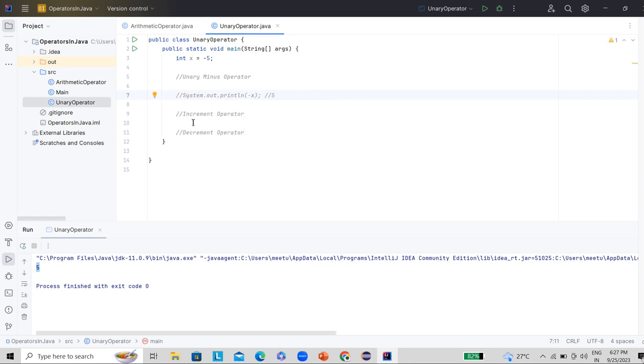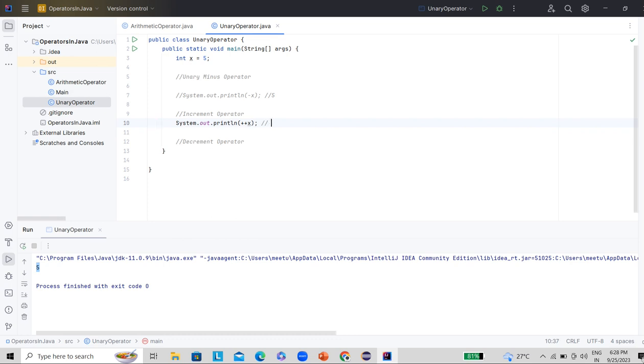Let's do the same thing for the increment operator. This operator increases the value of a variable by 1. For example, here let's say the value is 5. The symbol of this operator is plus plus. Copy this statement again for this operator and perform that operation like plus plus and then the variable name, which is called the operand. What would be the output here?